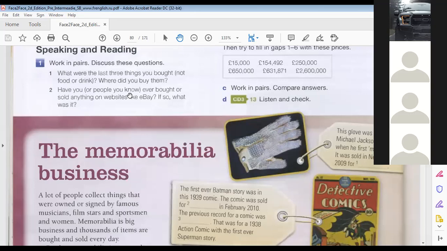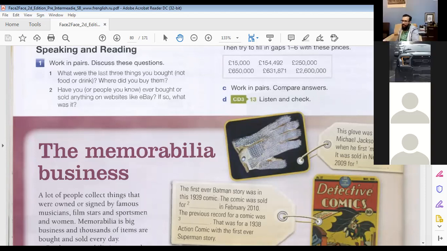So here we're curious. First of all, we want to know what were the last 3 things you bought, Samiha, okay? And don't include food or drink, just other items, maybe things for you, things for the house, that kind of thing. Can you remember the last 3 things you bought? Yes. I bought a mobile cover. Okay, a mobile cover. Yes, and a notebook. Okay. And a jacket.